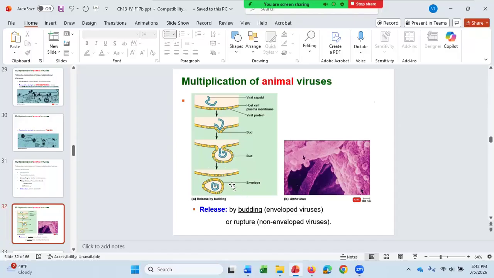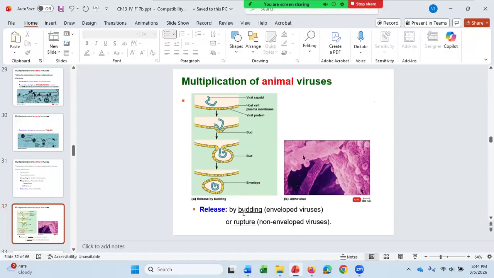So all budding viruses bud either out of a cell membrane or another membrane of the cell to form their envelope. This can be the cell membrane, the nuclear membrane, or the membrane of the endoplasmic reticulum. It just depends on the viral species which membrane it'll bud out of. I think most viruses bud out of the cell membrane, but some bud out of the nuclear membrane, and a few bud out of the membrane of the endoplasmic reticulum. Any question about any of that?